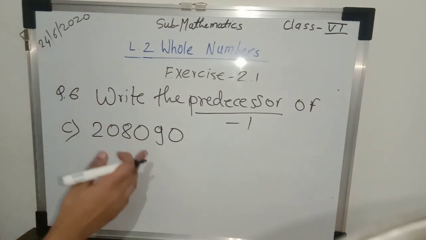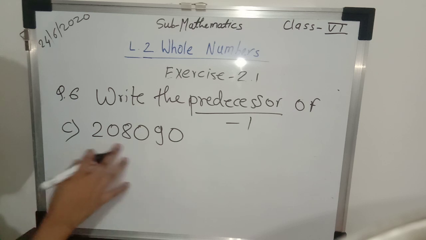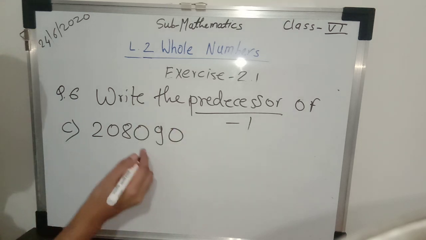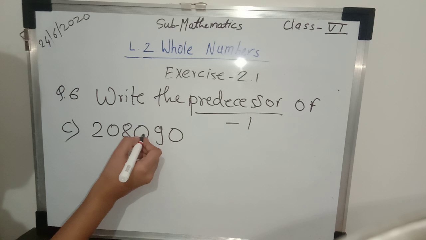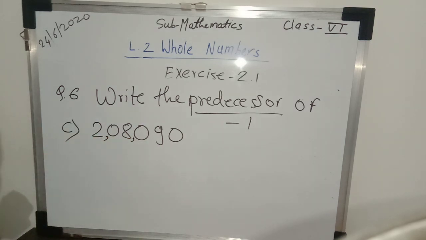Now students, again we have to see here that commas are not there. To read this number and understand it, let's put the commas. So ones, tens, hundreds, comma, thousands, ten thousands, and comma. So here we have to find out the before number of